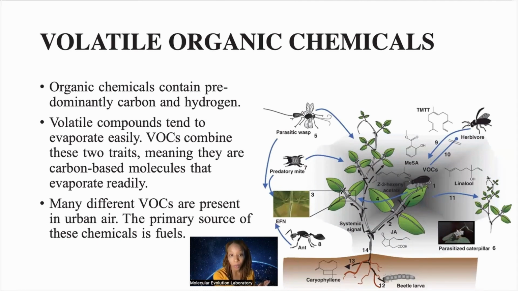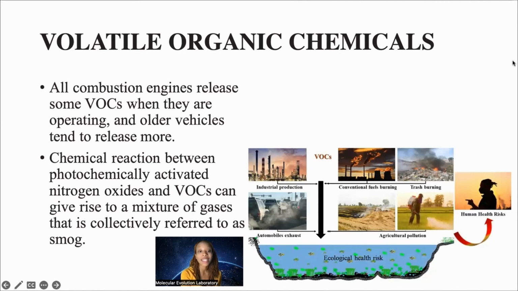Very important though, volatile organic chemicals can come from a variety of sources such as plants, paint strippers, cleaners, disinfectants, sprays, nitrogen compounds, carbon compounds, and various other organic compounds. All combustion engines release some volatile organic chemicals when they are operating, and older vehicles tend to release more. Chemical reaction between photochemically activated nitrogen oxide and volatile organic compounds can give rise to a mixture of